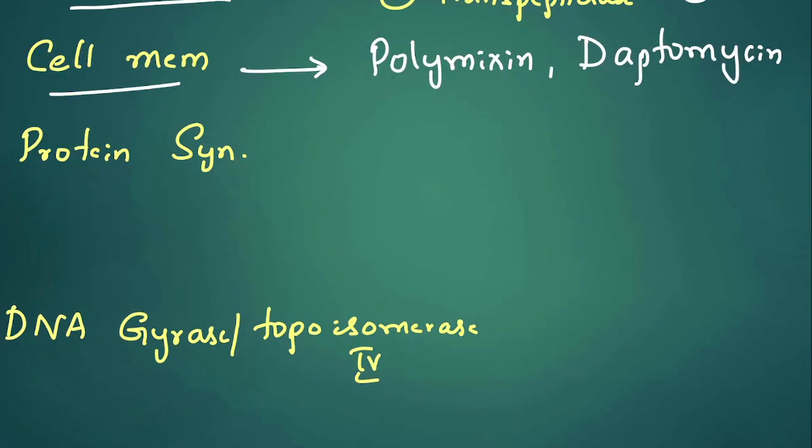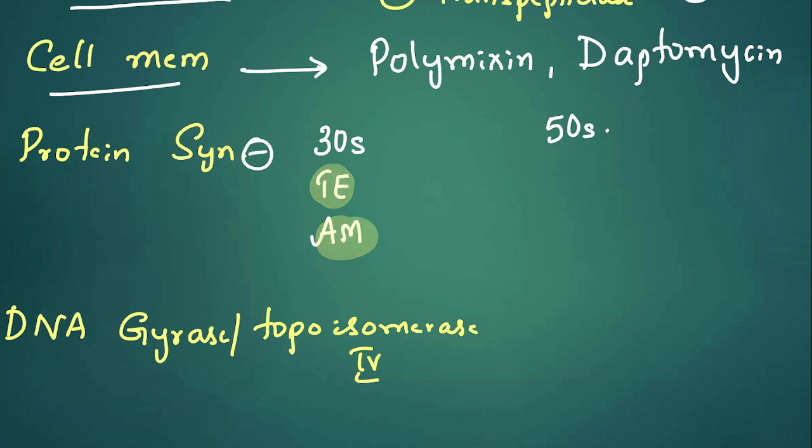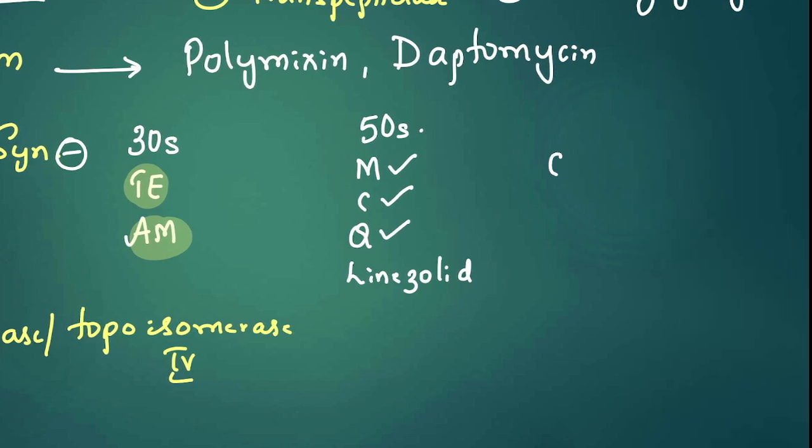Moving on to protein synthesis inhibitors, we have the drugs which bind to 30S and which bind to 50S. For 30S we have the mnemonic TEAM. TEAM means T for tetracycline, AM for aminoglycoside. For 50S we have the MCQ drugs. M, macrolides like azithromycin, erythromycin; C for clindamycin; Q for quinupristin-dalfopristin, which are known as streptogramins. Then we have L for linezolid, and the old drug is